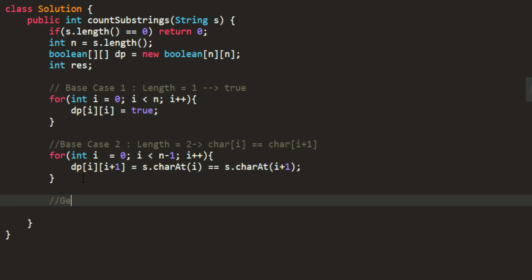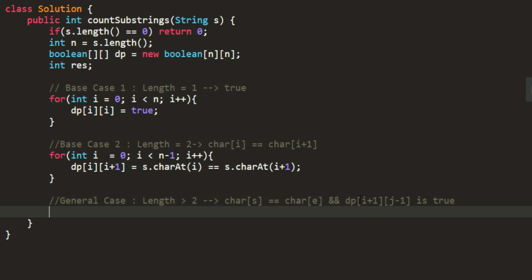Now my general case. General case is for length greater than 2, and that is given by if my char of start is equal to char of end and my middle substring, that is dp of I plus 1 and j minus 1, is true.